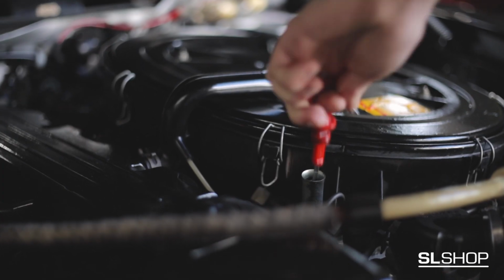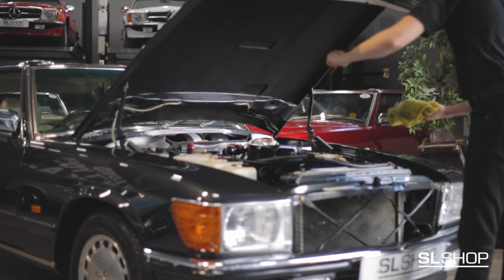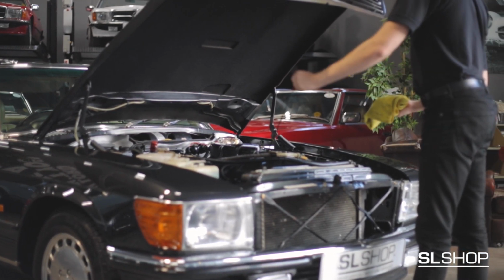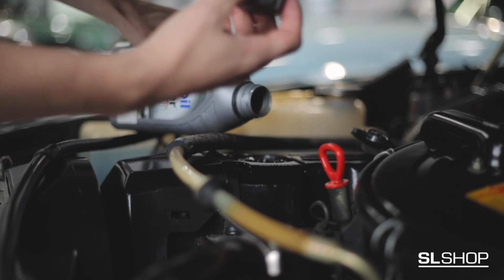Locate the circular handle of your dipstick and pull it towards you to remove. Wipe the dipstick clean with a cloth or paper towel and reinsert it all the way. Remove the dipstick once more and check that the level of the oil is between the minimum and maximum reading points. If necessary, top up your engine oil by removing the engine oil cap and adding oil in intervals to